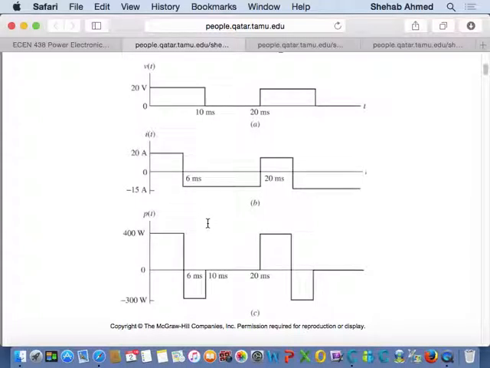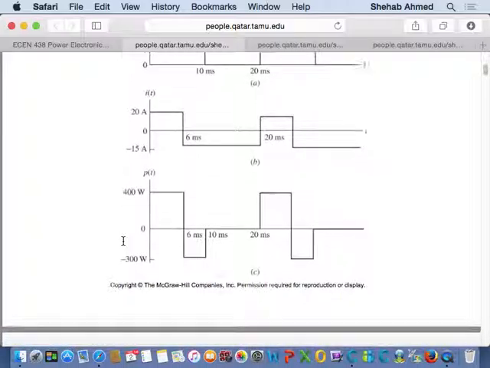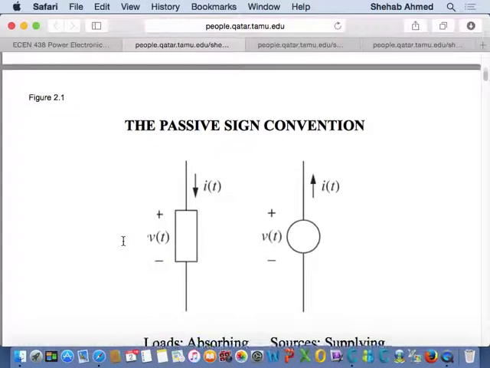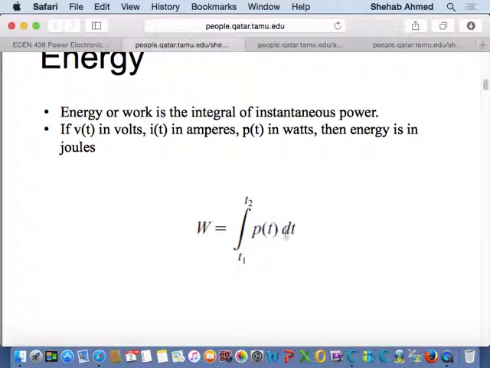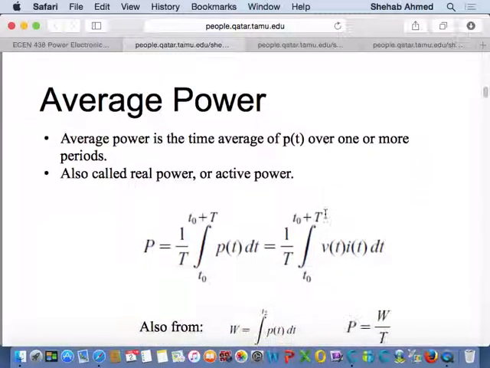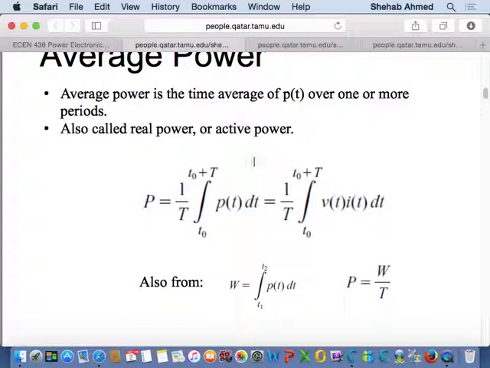They're exactly the same. At the end of the day, you have a V and I, multiply them by each other, and you can calculate whatever you want: energy during a period of time, energy for the full switching cycle. So this is energy, the integration of power during a period of time. And then from energy, if you want to go back to power, because you average power,